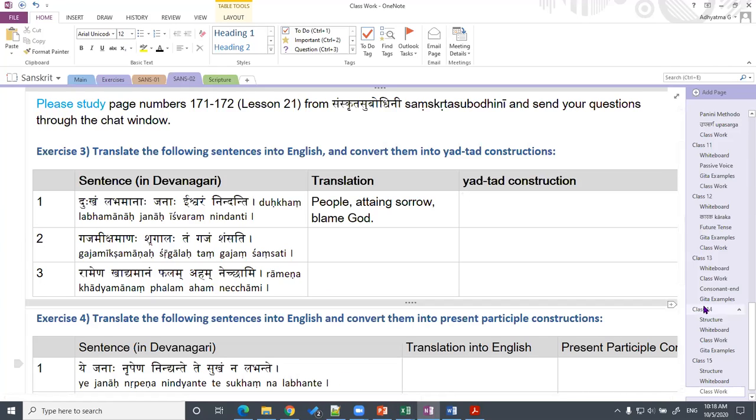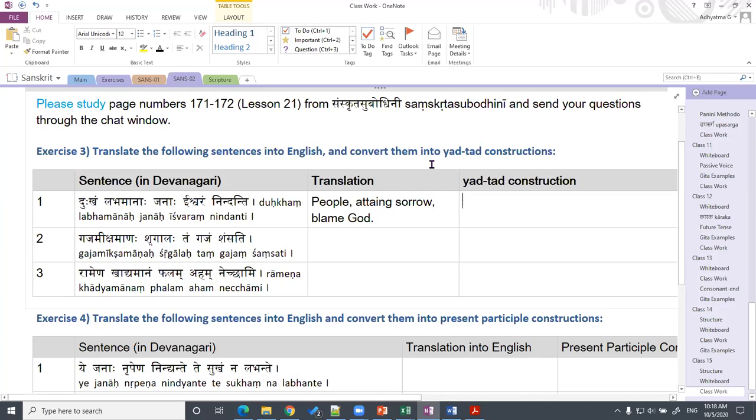Even in the previous exercise, some of you who solved the exercise raised the concern: what does this yat-tat mean? How did this come about? The reason is that the yat-tat construction sometimes can seem very artificial. It is just a way to make you understand the participle, but if you can understand the participle without it, that's fine. So here, if you have to convert this into yat-tat construction, then the way you will do it,